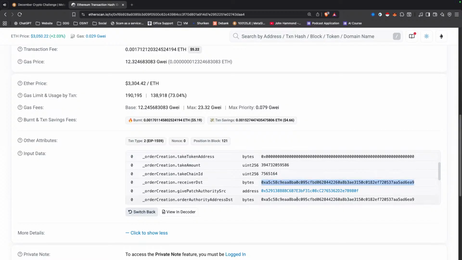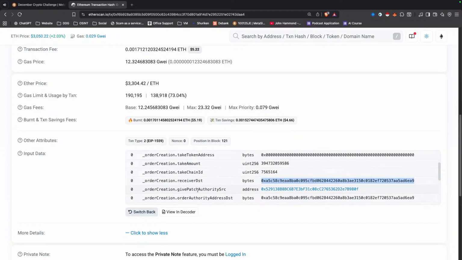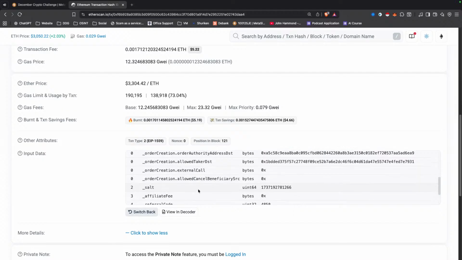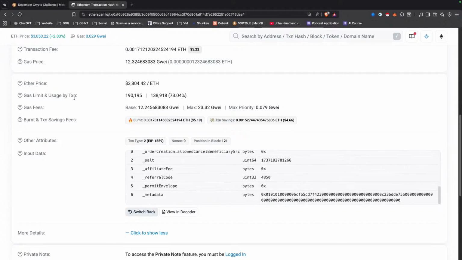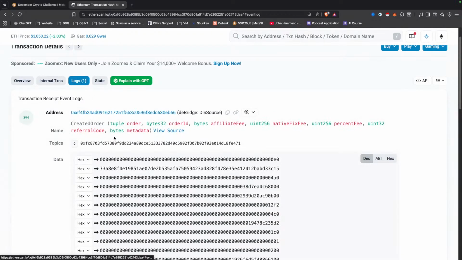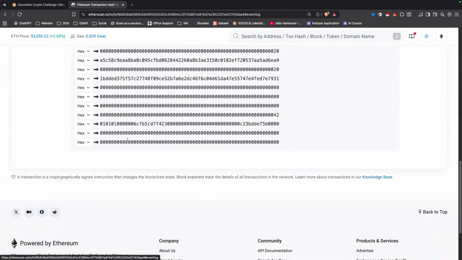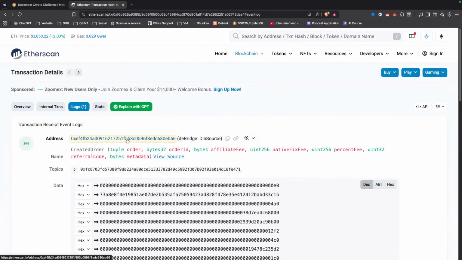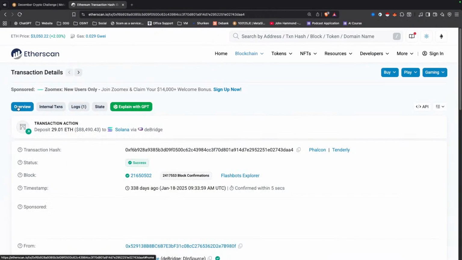Receiver destination, we probably have that, but you'll see in a moment why that's probably not as accurate as we want. We probably want to check the logs as well, make sure there's nothing here that's obvious and standing out. But yeah, so we've got this transaction, it goes over a bridge.